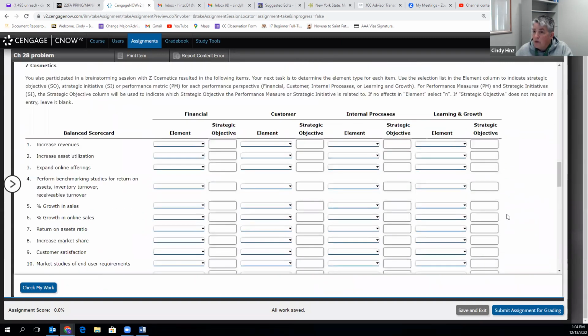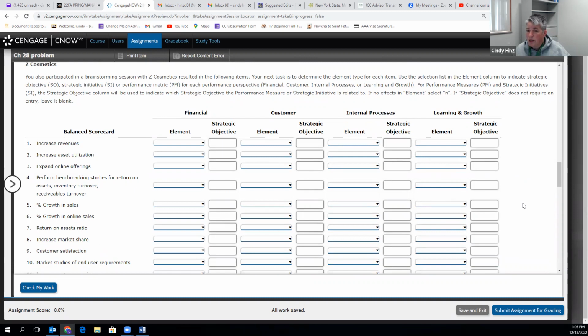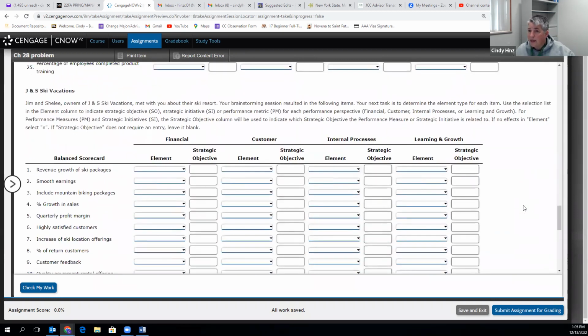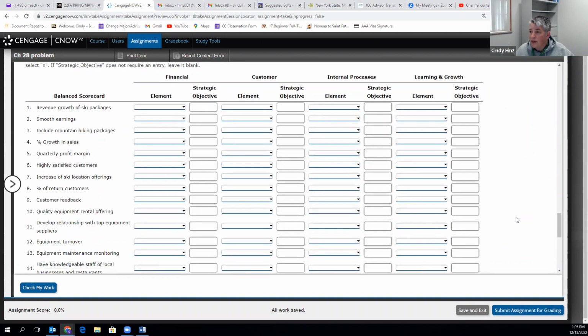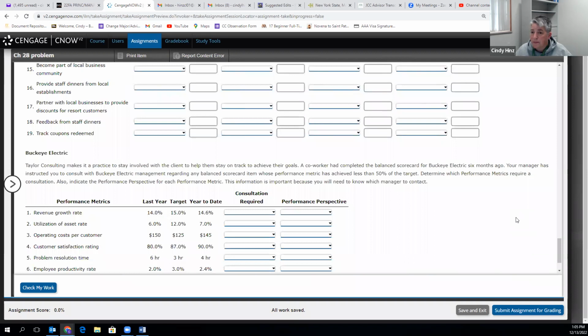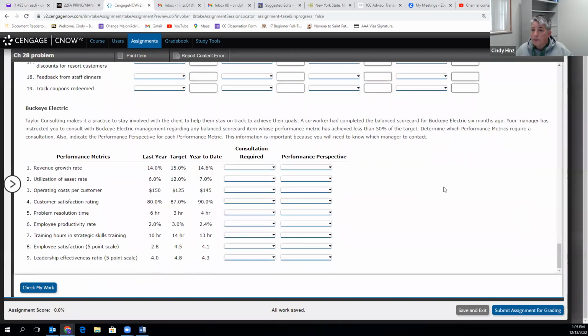Then you're going to do the same thing here for Z Cosmetics. It's just a repetition of the same approach that we used for University Publishing up above. And then for J&S Ski Vacations, again totally independent from the others, go through and use that same technique that we used for University Publishing. And then finally, for Buckeye Electric,